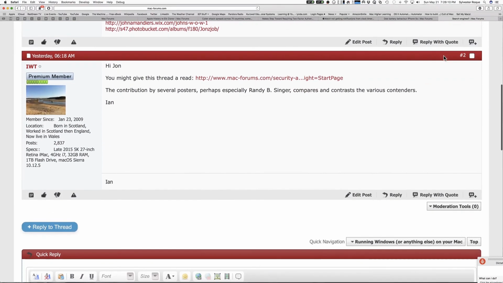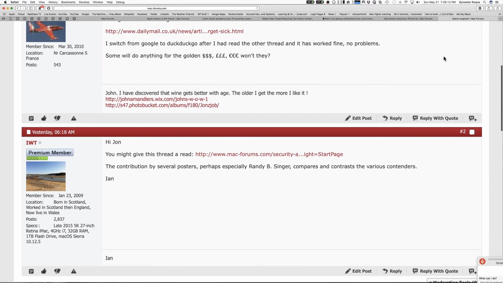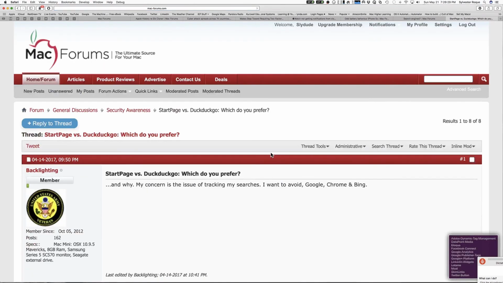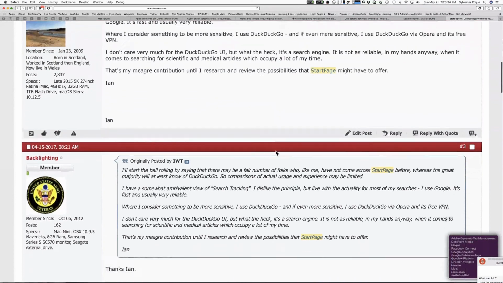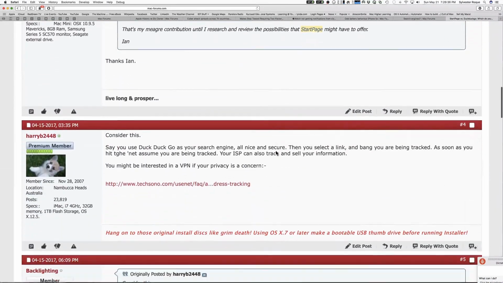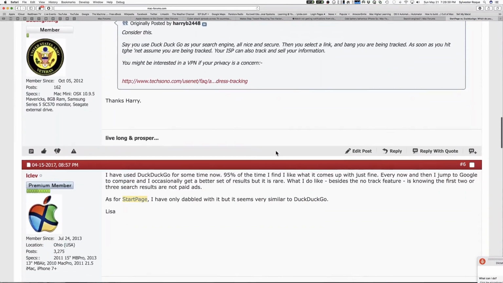And I included this thread mainly because it has a link to a previous Mac Forum thread. I did not know until member Randy Singer pointed this out to me. I'm going to pull that thread up, and you can see it's got far more information, and that's the one that I'll link to. This is a thread about the start page of a variety of search engines and browsers